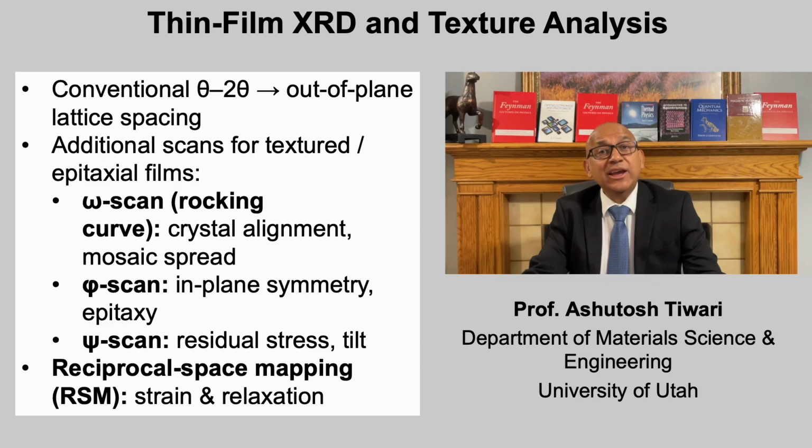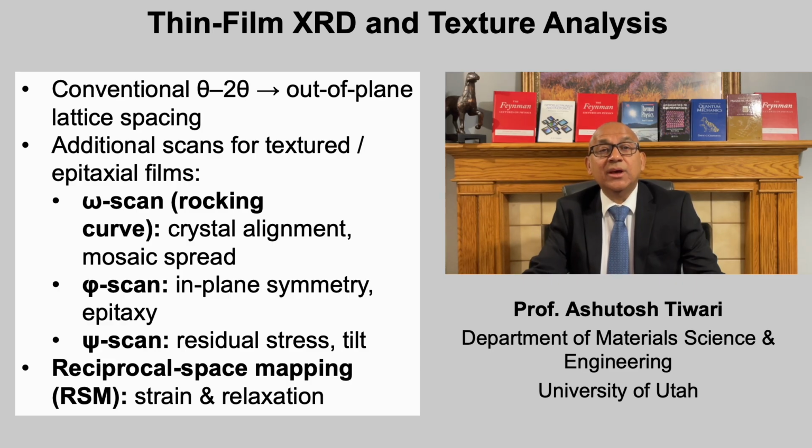The omega scan, also known as the rocking curve, measures the distribution of crystallite tilt around the Bragg condition. A narrow rocking curve indicates high crystalline quality and well-aligned lattice planes, while broadening signifies mosaic spread or